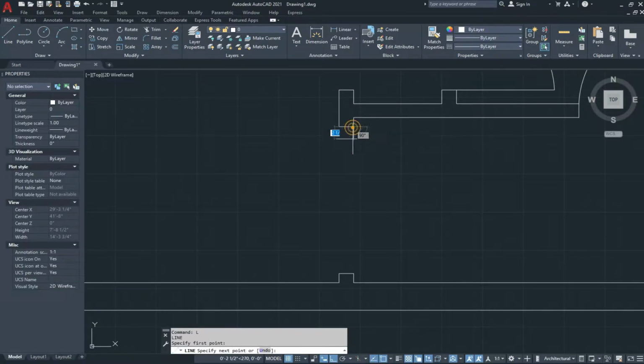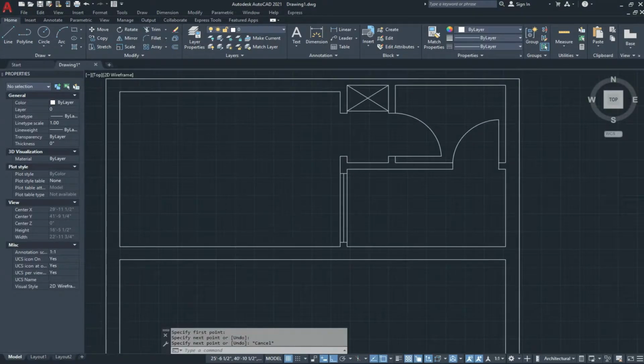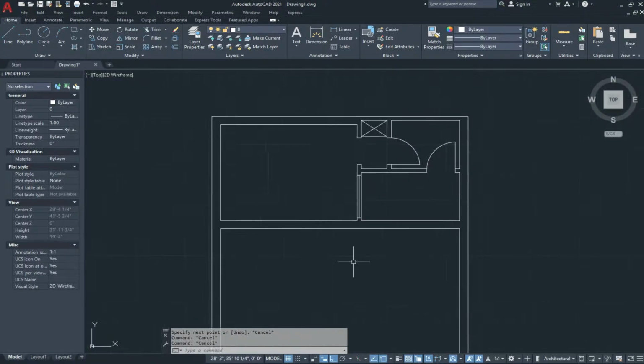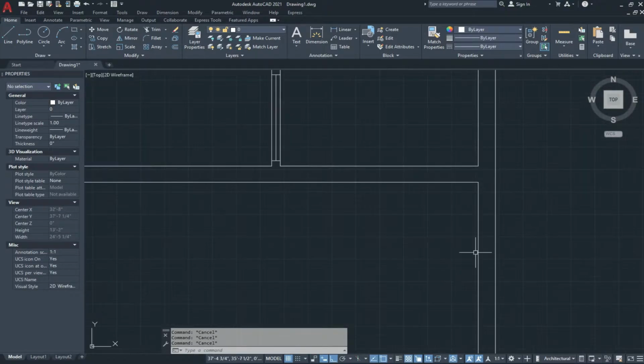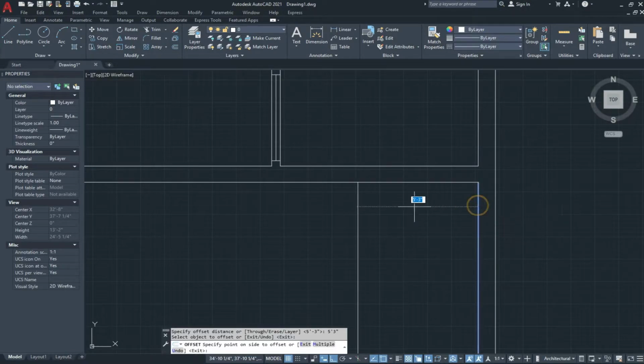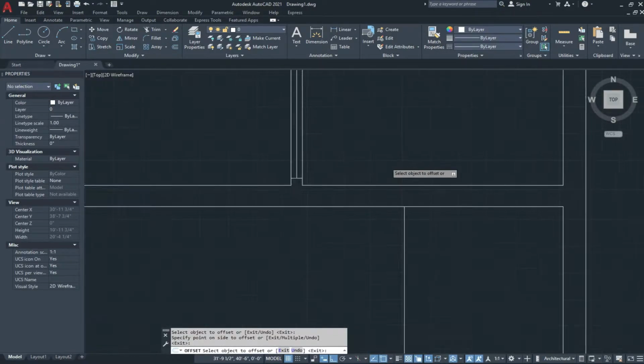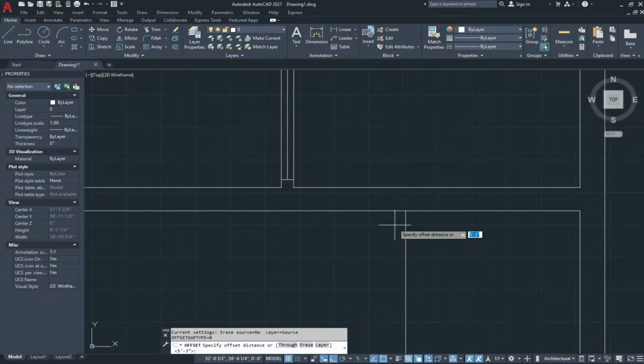Now we draw a line here, like this we make the window. And now we draw our offset here, O enter for offset and give the value 5 feet 3 inches and press enter, like this, and give the offset 9 inches.